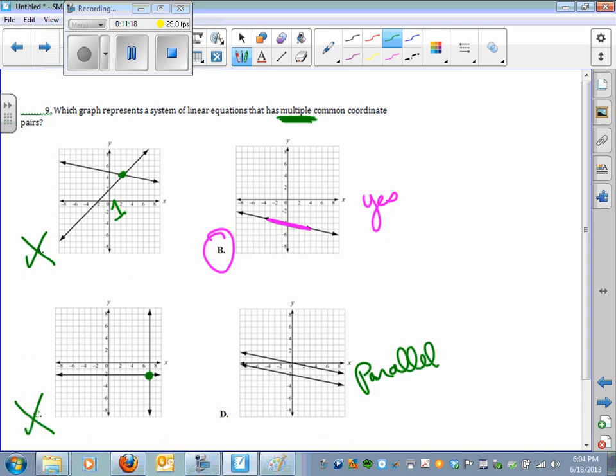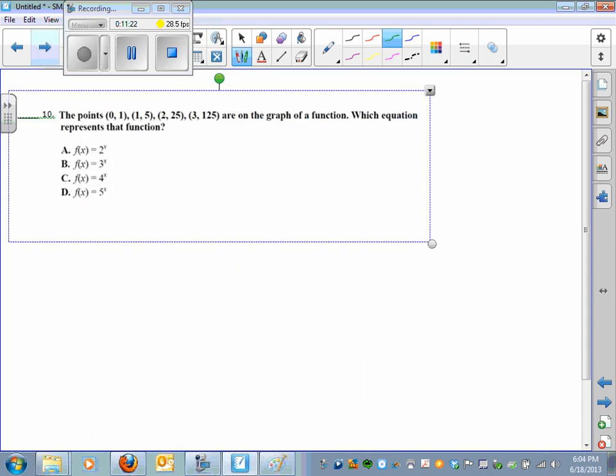Last one, number 10. Here are the points. They're on the graph of a function. Which equation represents that function? Basically, what it's wanting to know is, if you've got x and y, 0, 1, 2, 3, which of those, 2 to the x, 3 to the x, 4 to the x, 5 to the x. If you've got one of the calculators that will give you a chart, you can use it and plug these in, but it wants to know which one gives you this,